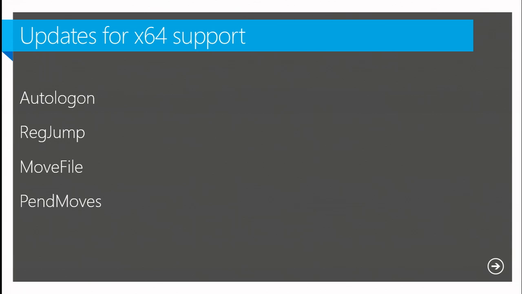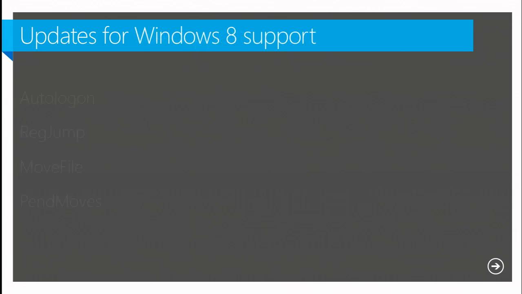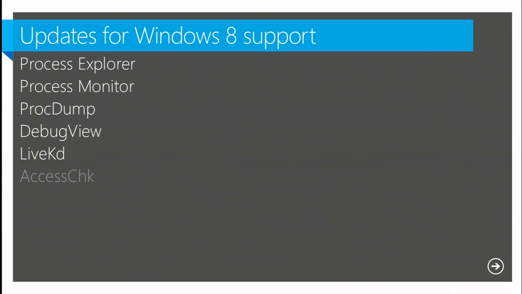So what some of these utilities have done to work correctly on 64-bit is simply to turn off that redirection. There are APIs that programs can use to say, don't redirect me, I want this file, and then it can manipulate the 64-bit stuff while still being a 32-bit program. And these utilities have been updated that way. A number of utilities have had Windows 8 support added. In some cases, it's simply understanding the new security attributes that are available in Windows 8. It may be the new file system control codes and things like that.